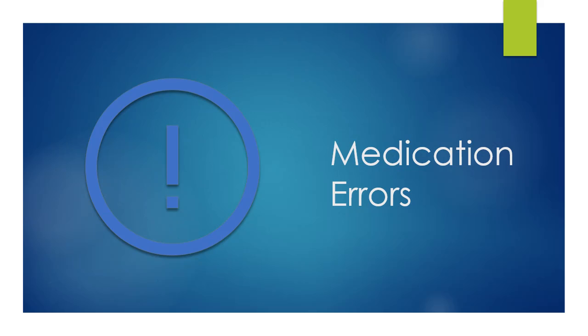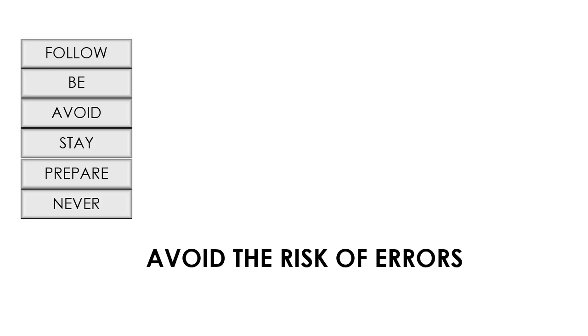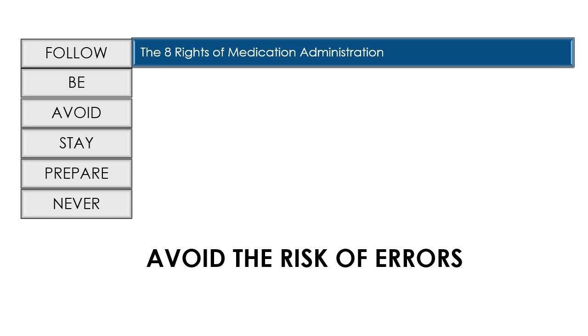This section of the course reviews how to prevent medication errors along with what to do in the event of a medication error. Did you know that most human errors happen as a result of a distraction? Therefore, you should always administer medications in quiet areas free from noise, interruptions, and commotion, which can be very distracting. To avoid medication administration errors, follow the prompts provided. Always follow the 8 rights of medication